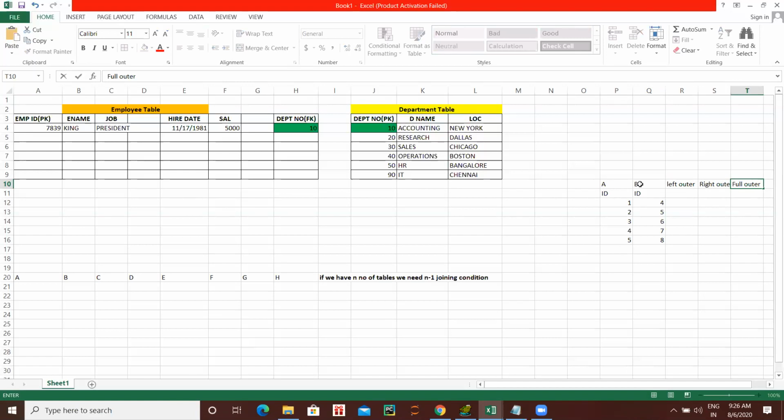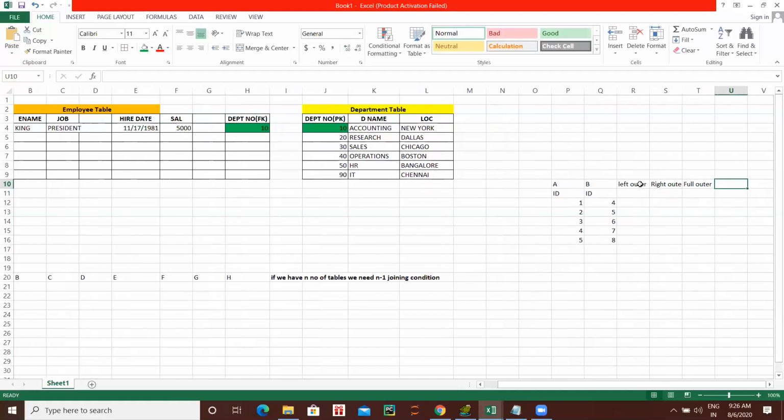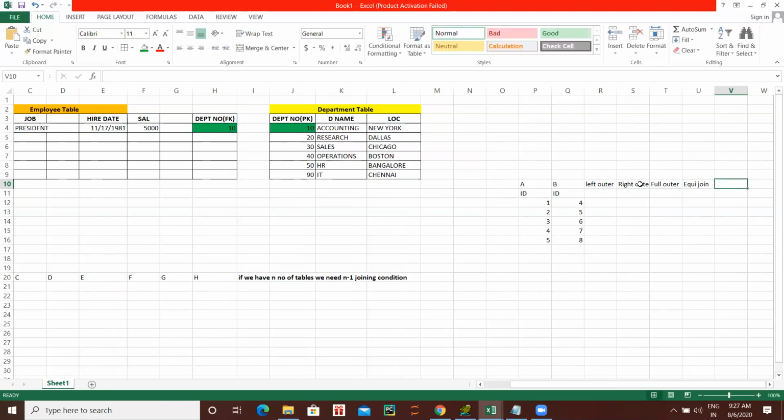Also do one thing, write EQ join and non-EQ join also. Tab, EQ join, then next tab, non-EQ join.